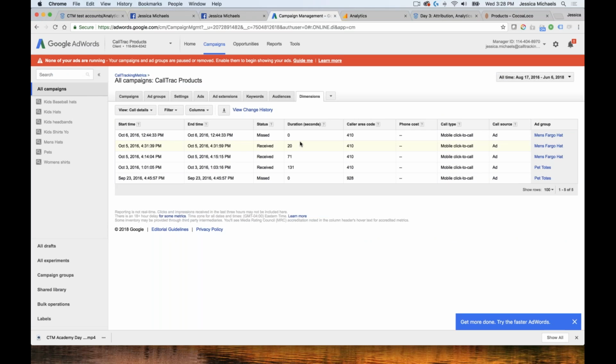So because Google didn't track that call, it wasn't able to pass me any data about that call. So it's very common that Google won't provide a tracking number. It's far more common for them to provide a tracking number on a mobile device than on a desktop. So it can depend on your clientele. If your clientele is mainly searching on desktop, you might have a lower likelihood that they'll provide you a forwarding